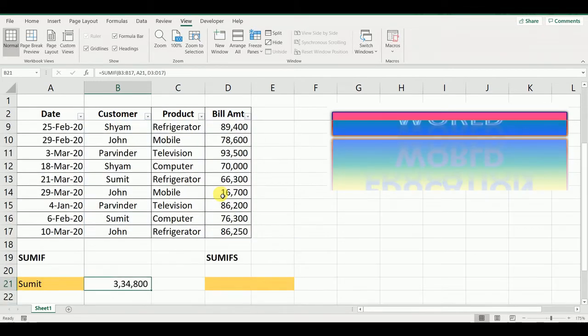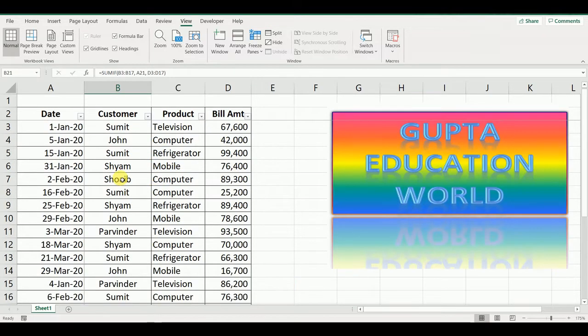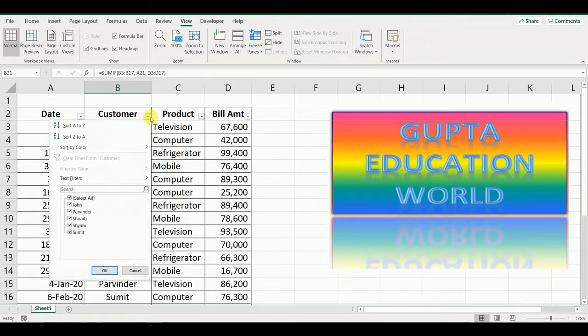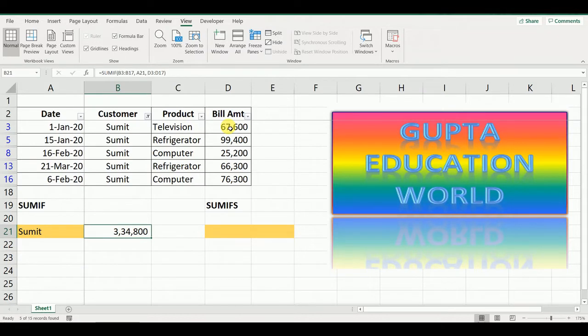Now it is the sales to Sumit during the period January to March. We can cross check this by selecting Sumit from here and we will do the sum of these sales. So you can see it is 334,800. So that means our formula is correct.